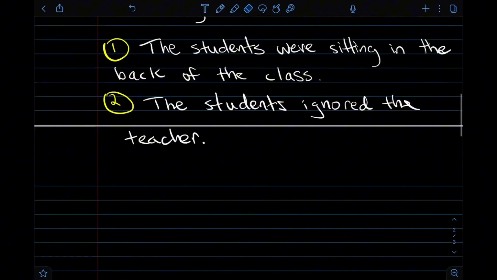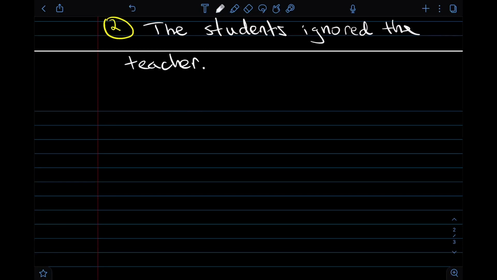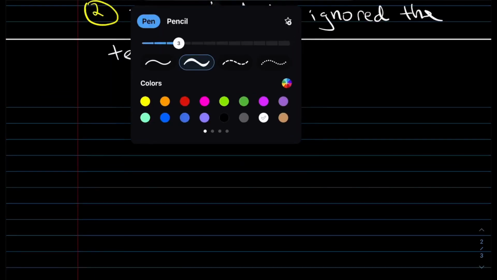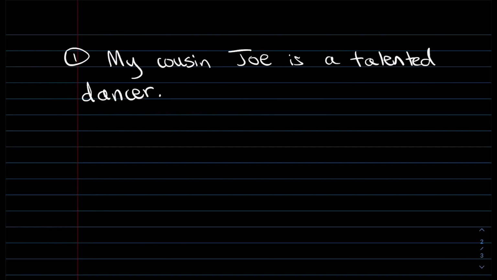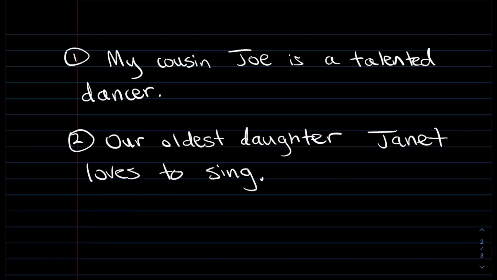Now, I'm going to close this video with two examples that might be a little bit trickier, and I want you to try to figure out which one requires a comma and which one doesn't. In other words, which one includes a parenthetical and which one does not. So consider the two following examples. So there's my first one, and here's my second one. Now, one of these sentences requires a set of commas. The other does not. Pause the video if you'd like and see if you can determine which of these examples it is.